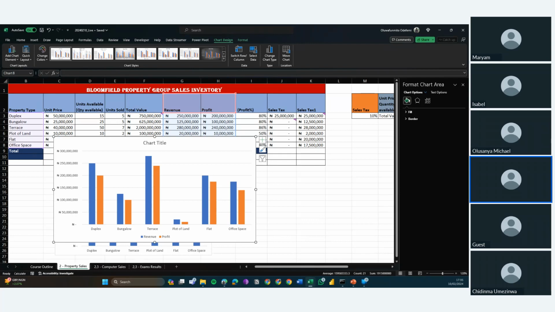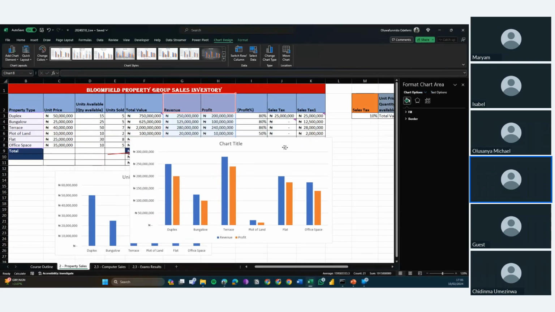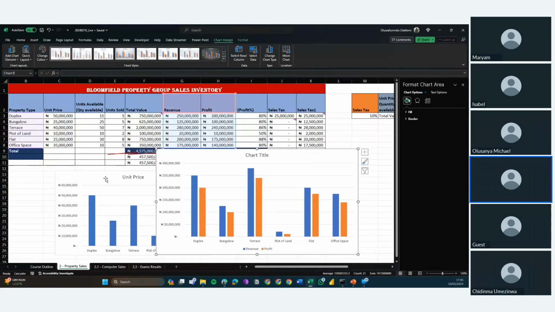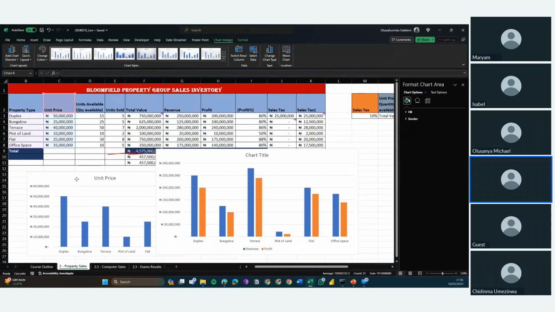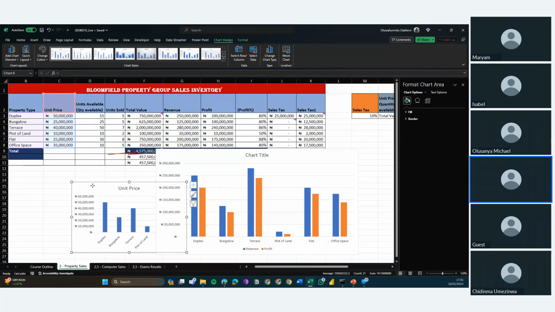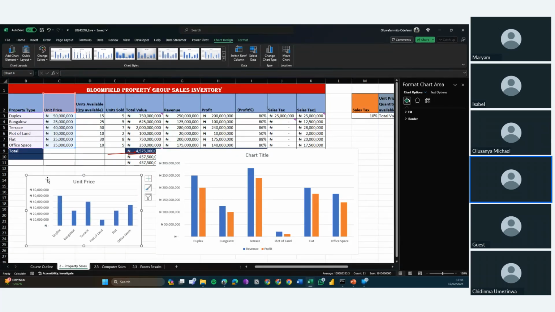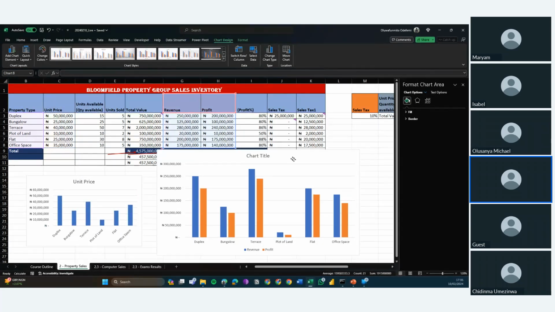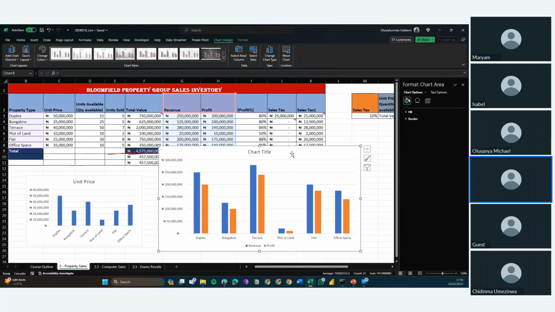So yeah, we've created our charts. Now the next thing is formatting it. When it comes to formatting, the same way we learned formatting last week, you can format cells. You can also format a chart. How do you format charts? The moment I click on this chart here, you see a couple of things came out. The first thing that comes up is chart design, meaning that you can change